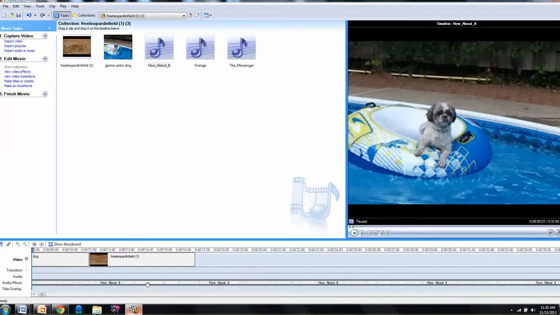Now my audio clip is quite long. It's quite a lengthy song. So I want to shorten it. Very simple. We're just going to drag it to the length we want. But because it's so long, I'd have to scroll all the way